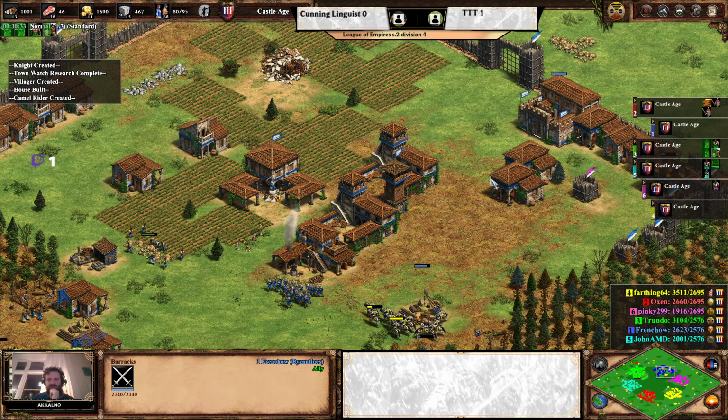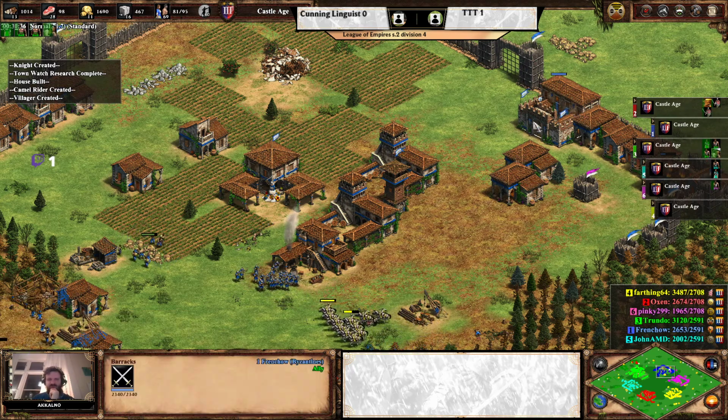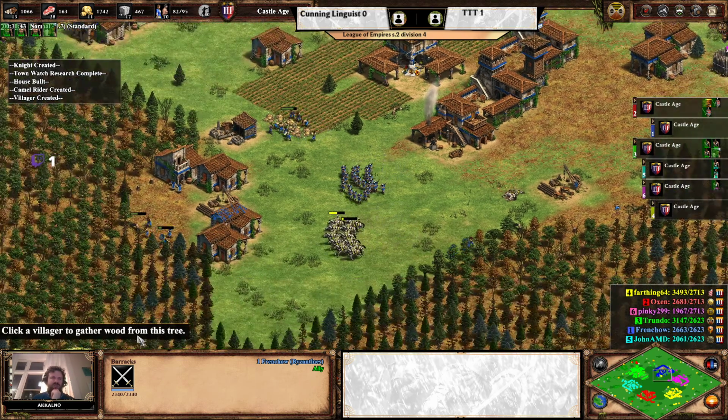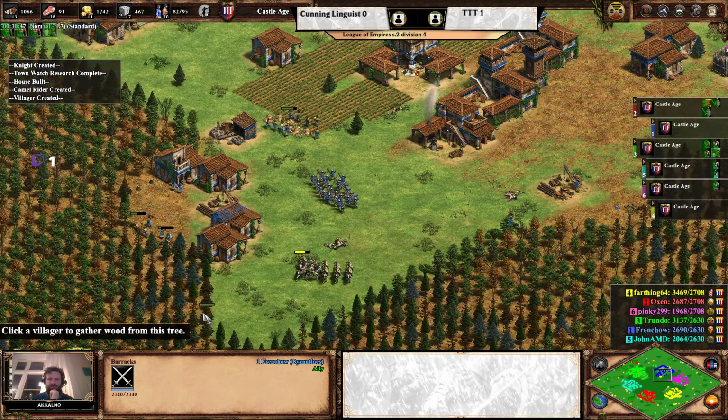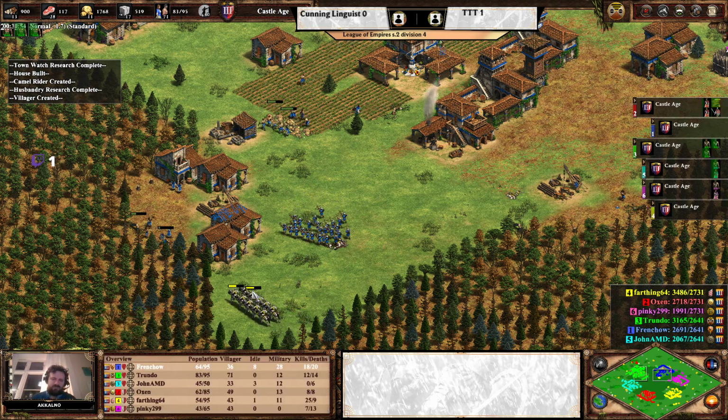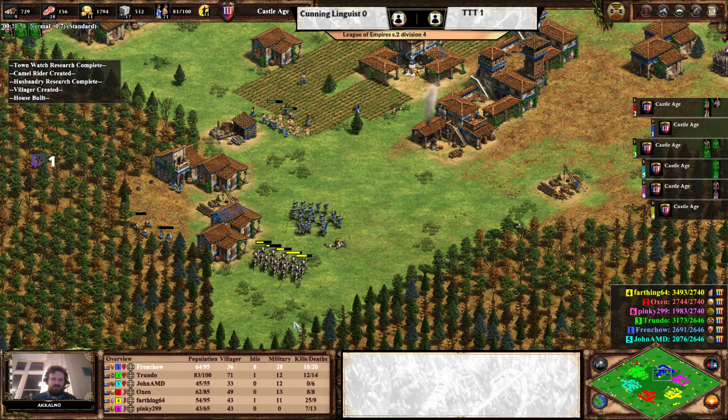Should be thinking about some more spears maybe. There's something inside this barracks. So spears or pikemen would certainly be helpful here for French AOE. Looks like Farthing will be losing most of the knights here without any